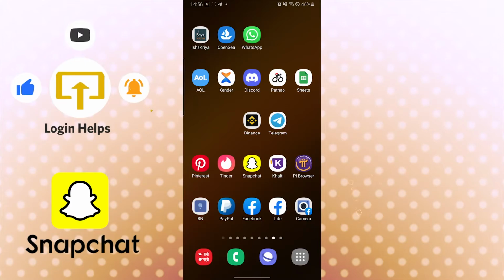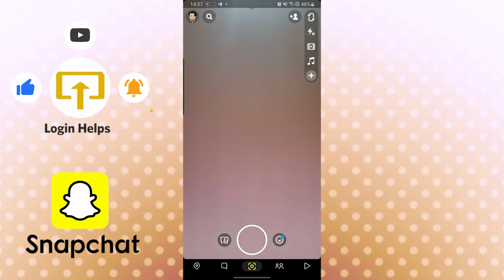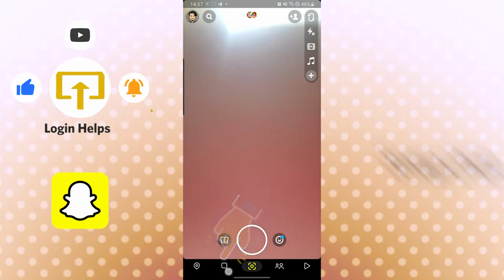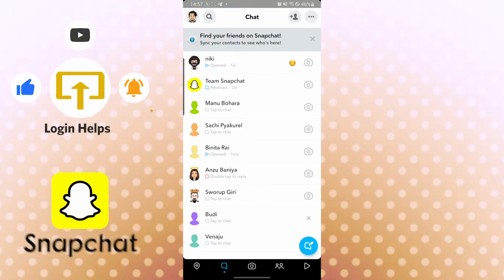Now to delete or remove your friends on Snapchat, first open the Snapchat app. And after opening your Snapchat app, you can see the message icon on the bottom left corner of your screen, just beside the location icon. Tap on the message icon. And now after landing over here, tap on the friend whom you want to remove or delete from your Snapchat